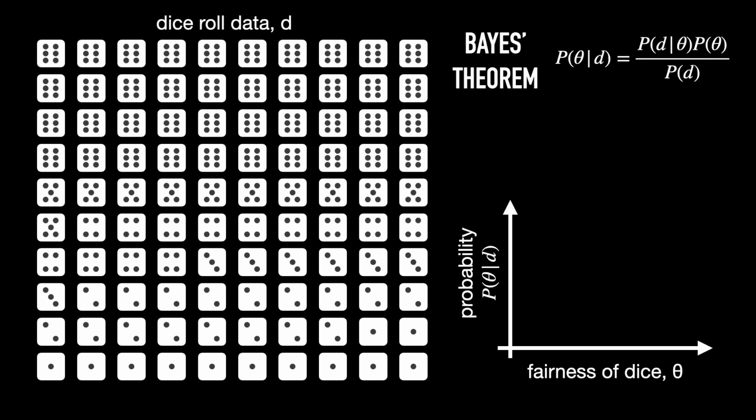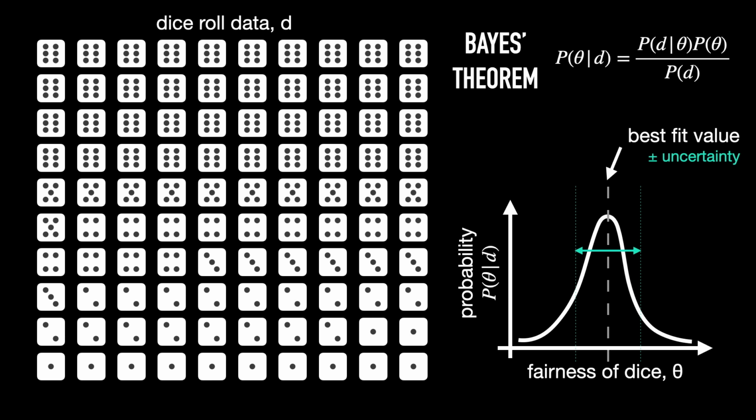Like, the proper way to do this would be to use something known as Bayesian statistics. Essentially, it's a way of saying how likely is something given that I already know something else. So for example, if I roll a die 100 times, I then want to know how likely is it that that die is biased, that it's weighted in some way, if I already know that I have rolled a 6 40 out of 100 times. What you essentially get is a probability distribution for whatever model parameter that you care about. So you can say, how likely is it that my model parameter is this value versus this value? How likely is it that my theory of gravity is Newtonian versus MOND?